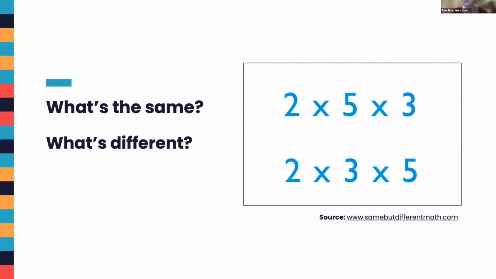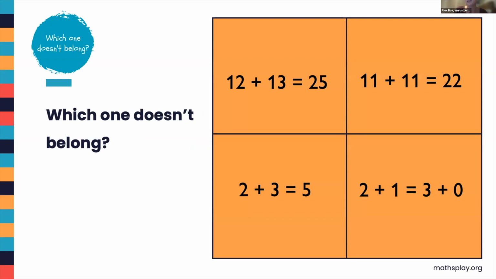Again, this is a visual prompt that we can have a discussion about and do some noticing, but the questions are different and you've got multiple correct answers. It's less focused. It's beneficial for other reasons. I mean, which one doesn't belong is a really, really fun one, where you argue the reason why each quadrant doesn't belong. So the students are actually going to be adding numbers in their head. They're going to be thinking about how, why that quadrant is different to the others. And there's an argument